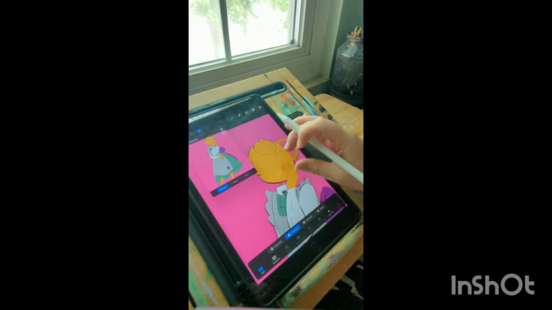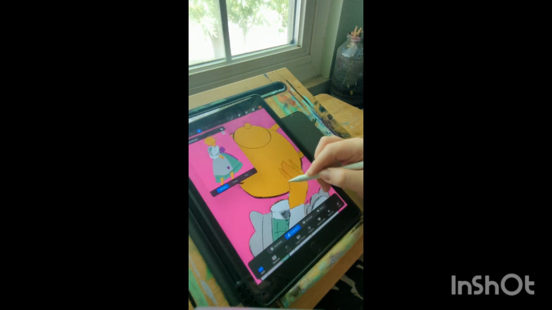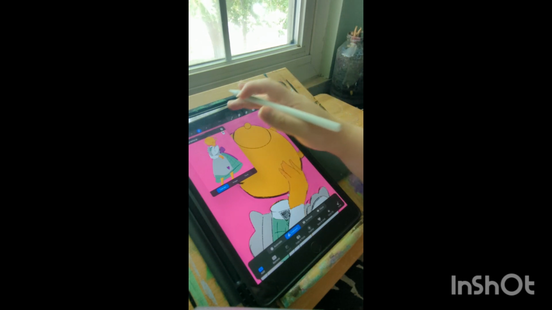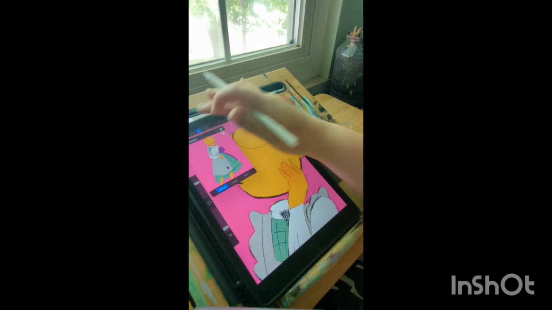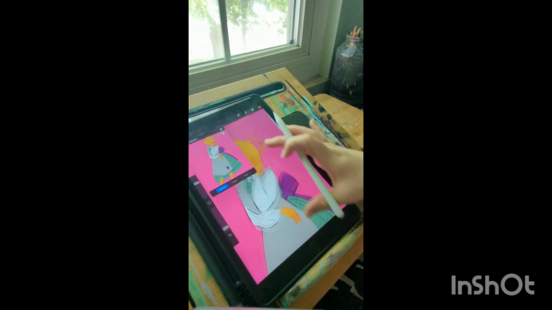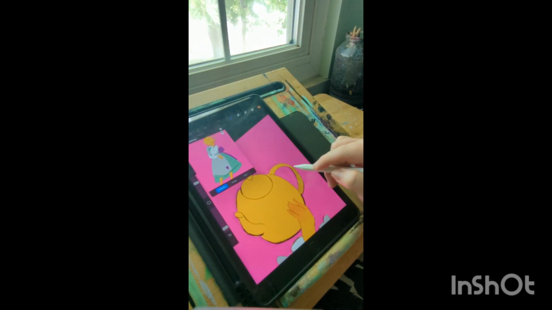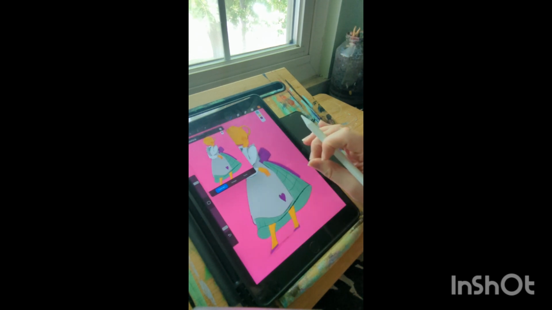There we go. Would blush go on the handle right here? Would that act like an ear, or would that be a hair? I think that would be hair.